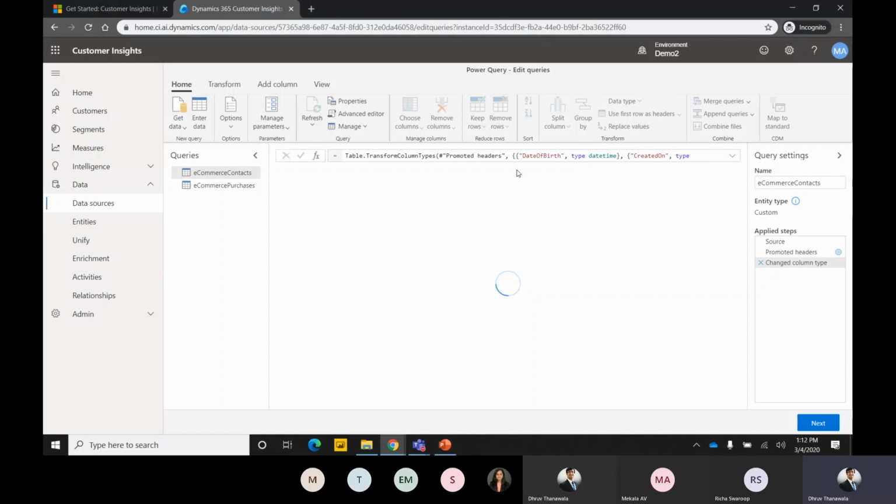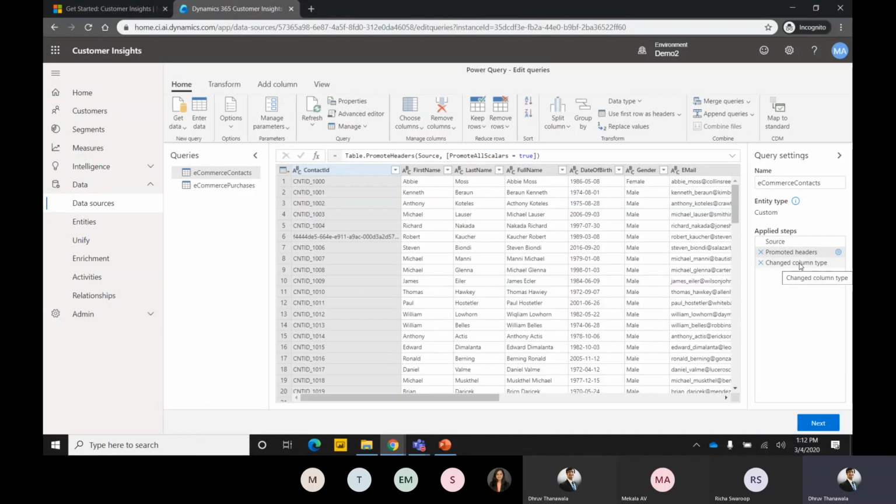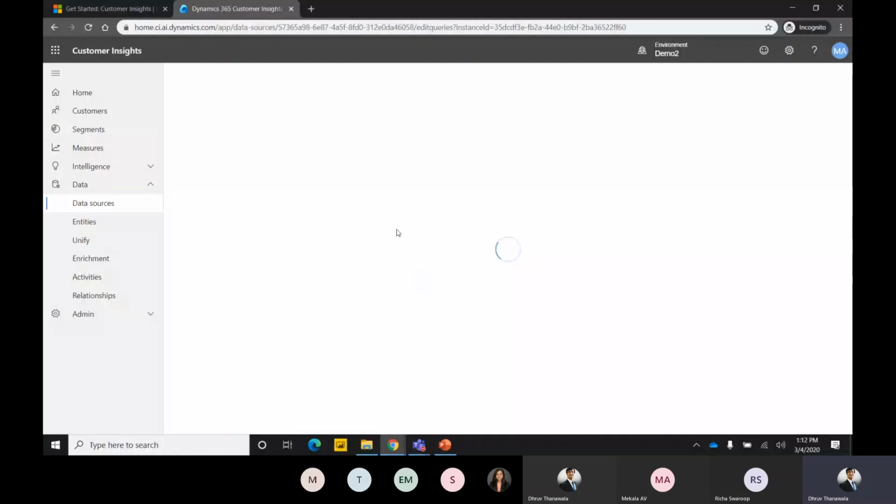This Power Query editor is very similar to the Power BI Power Query editor. Here on the left side, we can see the query settings. Here I applied some steps. I promoted the first row as header, and after that, I changed some data types. For example, this date of birth, I changed the data type to date, time format. After that, if we click next, the query will be applied and we can see those updated entities